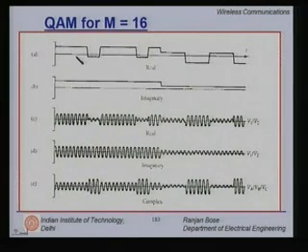This is a simple example which tells us how the waveform of a QAM for M equal to 16 will look like. So if I have the two axes, the x and the y axis, and the data is coming as a combination of these two, then you have the real and imaginary waveforms looking like this, and when you add it up, the complex waveform looks like this. So the point to be noted is that there are clearly 4 amplitude levels and the phases can also vary, hence the name quadrature amplitude modulation.